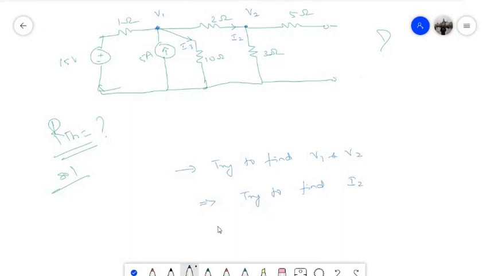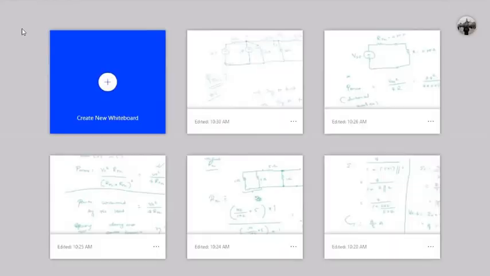Okay, so try to find I2, and once you find I2, you will be able to find the open circuit voltage, which is nothing but this I2 into 3. No current will be flowing through this branch because ultimately this is open circuited. So VOC will be nothing but I2 into 3. That will be your open circuited voltage, and then you can also find the equivalent resistance. Okay, it's already time up, so we can discuss the remaining in the next class.